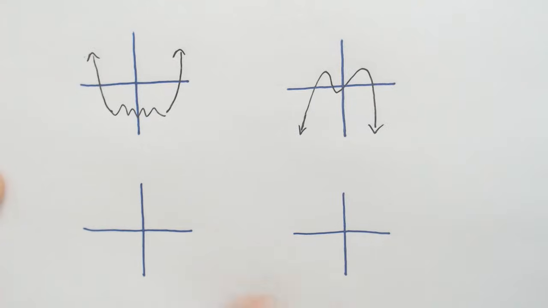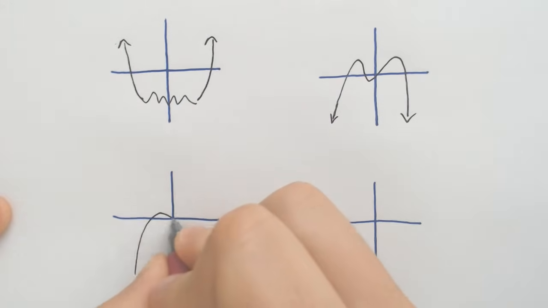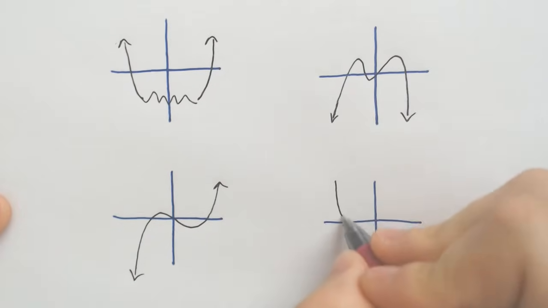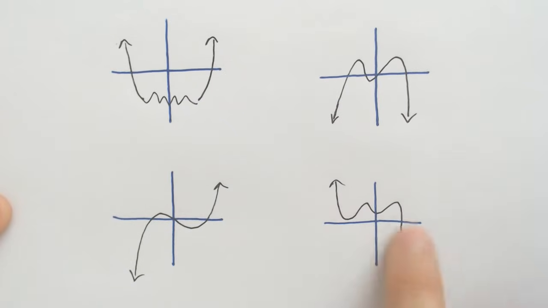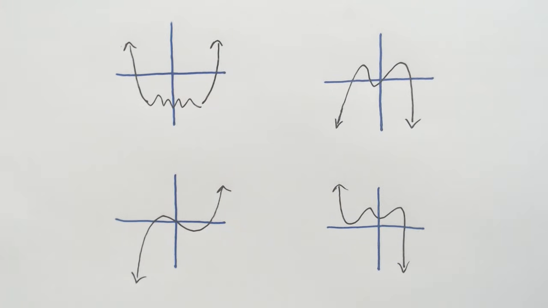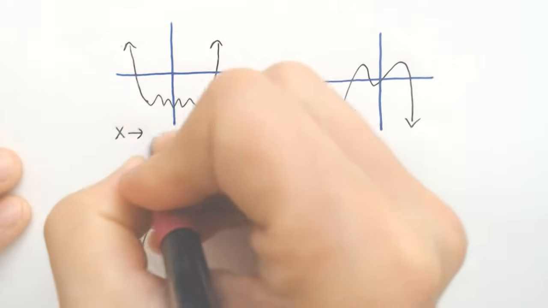Or it could be doing something different. It could be going up and then down. So it could be going up from left to right and behaving like a line. Or be going down from left to right and behave also like a line, but like a very squiggly line. Okay? So when you have that, you need to first recognize that end behavior will always, always, always have a